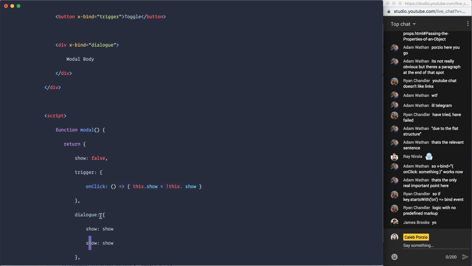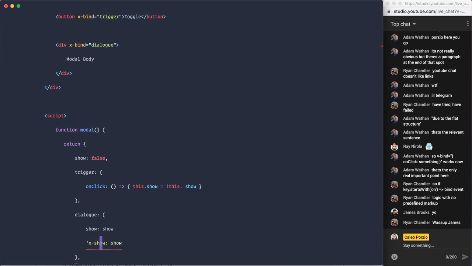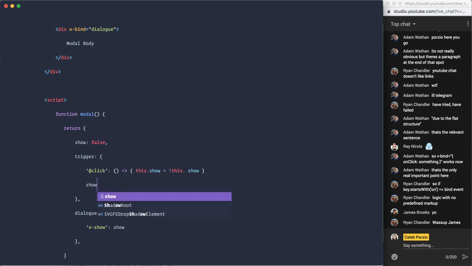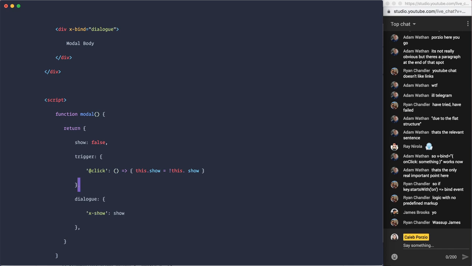Do we diverge from Vue's x-bind API and do something like this, where literally the key in these bind things is just Alpine syntax? So any Alpine attribute can be wrapped up in these objects, which I think is extremely powerful and intuitive. There are two cons. One, the other approach was very data oriented, with real keys and values in a very object-y virtual node feeling thing. And now you have parsable Alpine syntax as a key, which feels less good. So that's con number one. Con number two is that